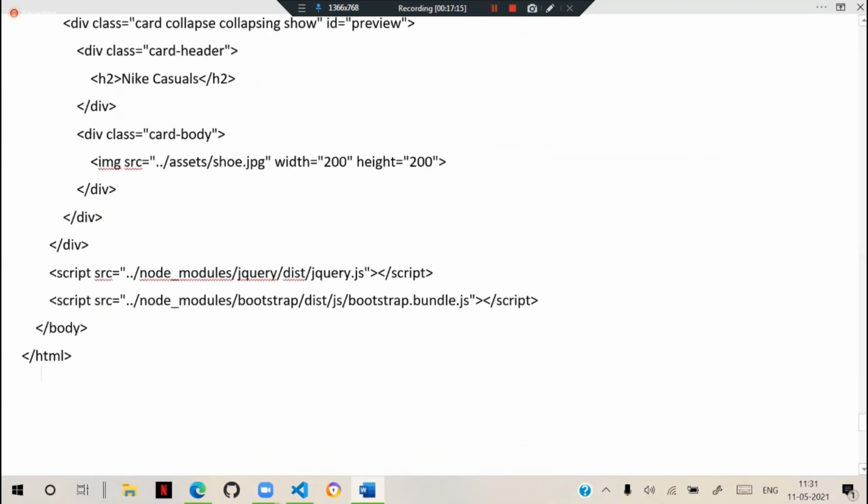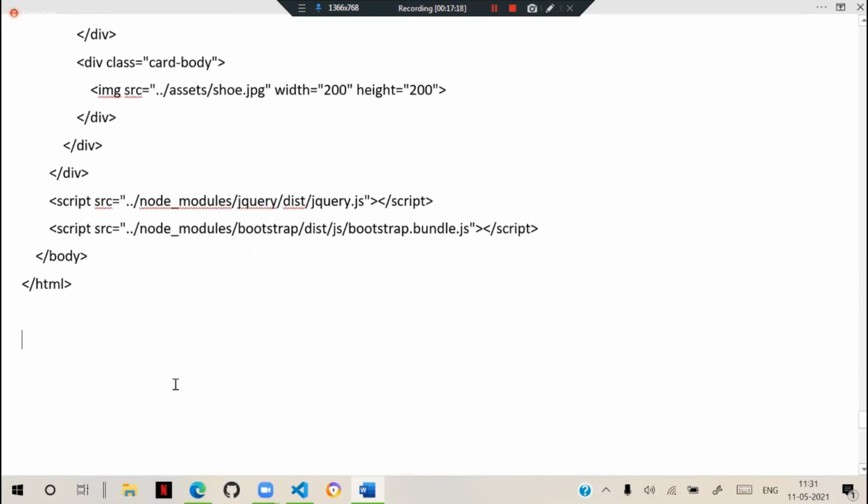Yeah. Next, important. In Bootstrap, we have the Bootstrap carousel. The carousel is used for creating sliding banners.